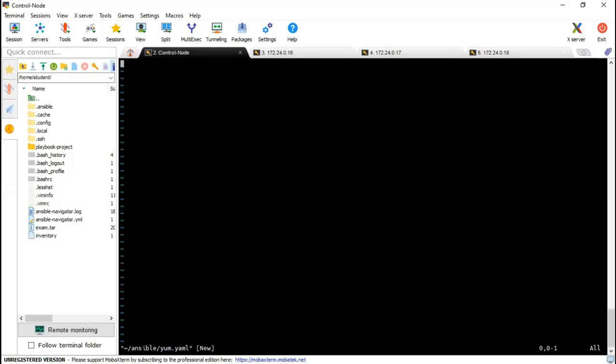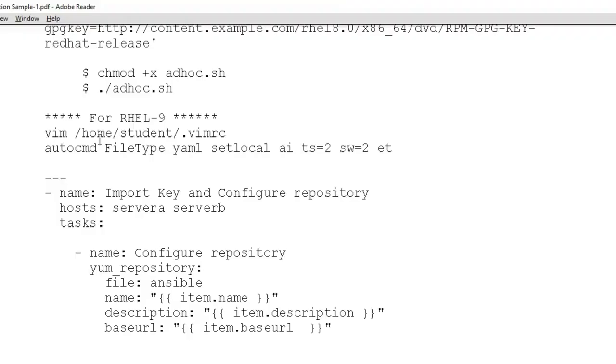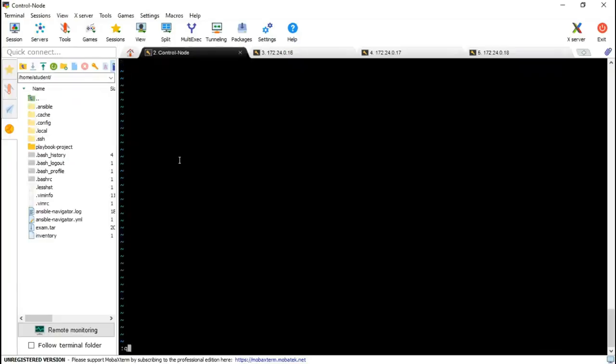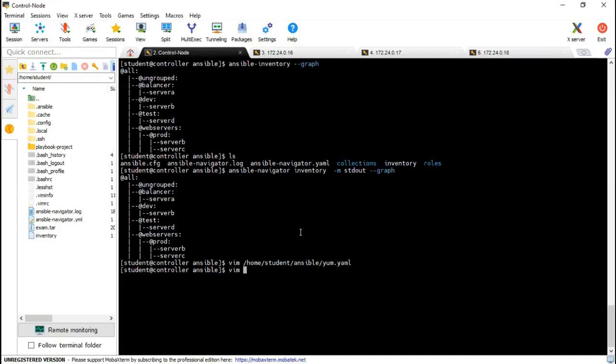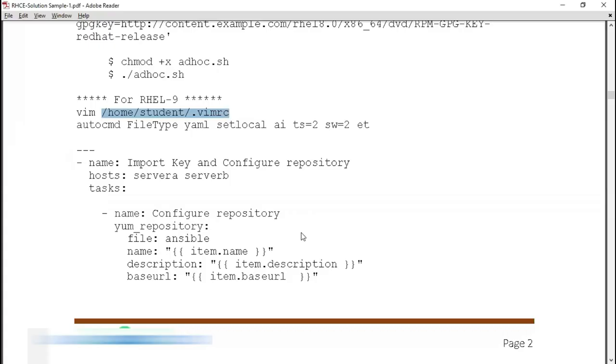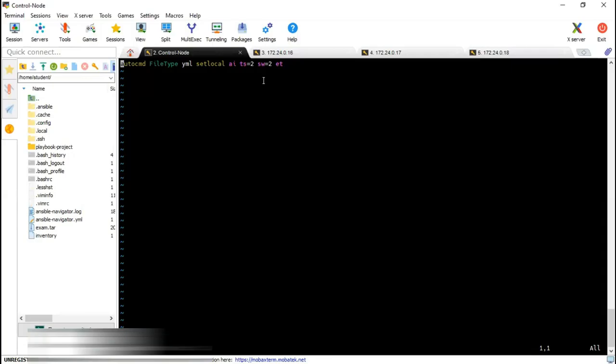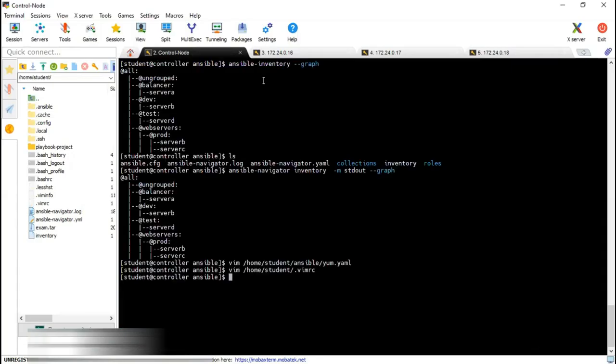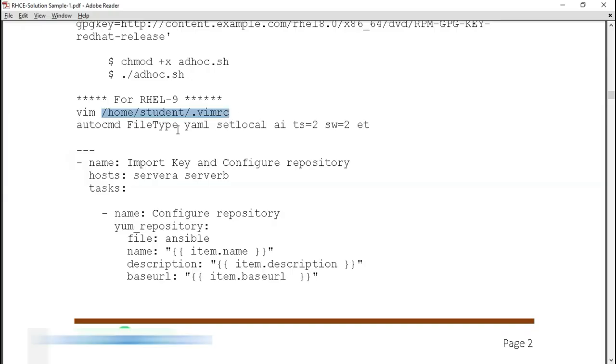And inside this, let me go there, where it is. First of all, I would suggest you create this small tips file so that it will be very helpful to write your YML file. So I will go and create this file. Okay, I have it already there. That's fine. It is not mandatory, but it will help you to write the YML files a little bit easier. That's all.